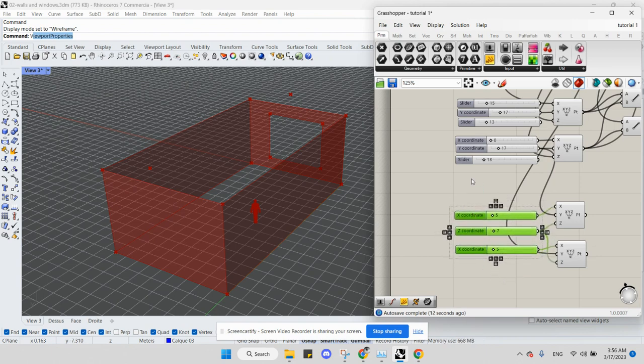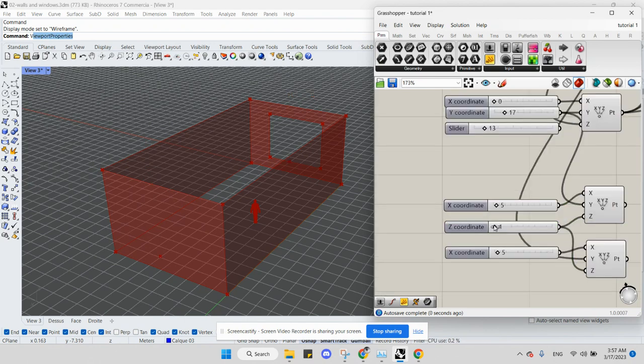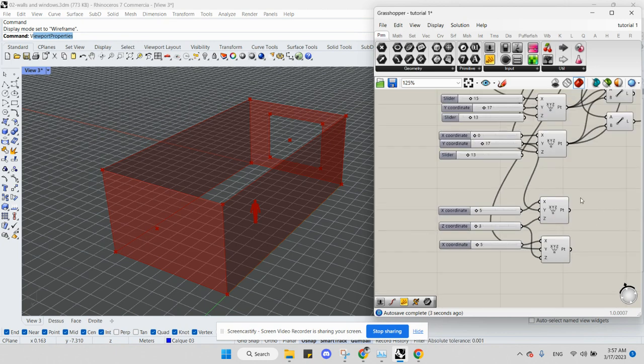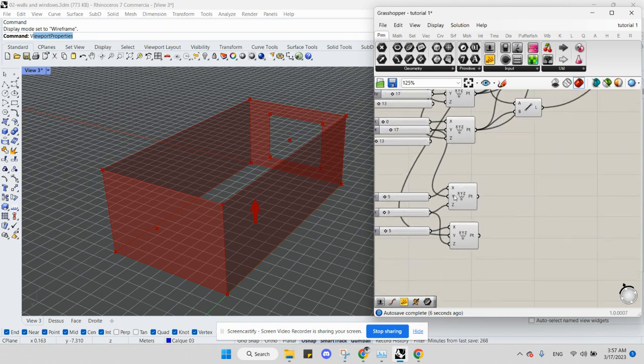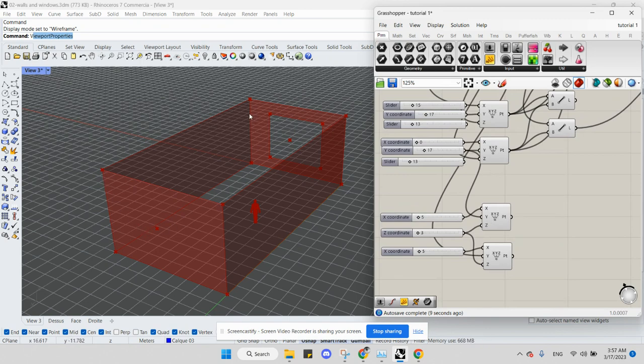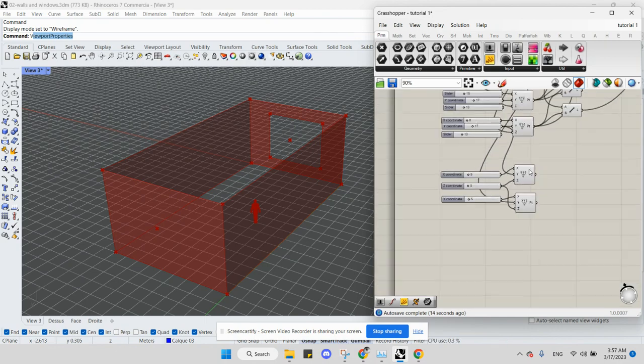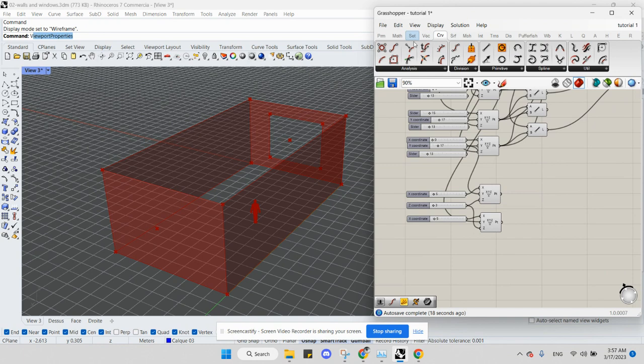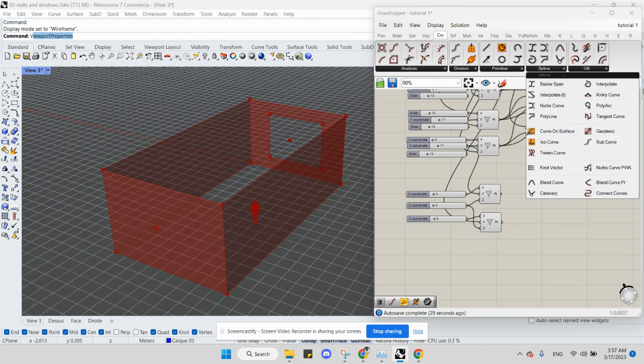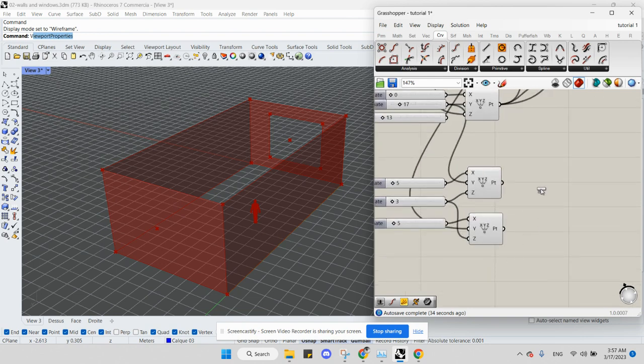Now, all that is left to do is create a curve between the 3 points here and the 3 points there. In order to do that, we're going to go to the curves, and as you can see in the section of the splines, there are a lot of ways of creating a curve between 3 points. We're going to choose the interpolated option for this one,